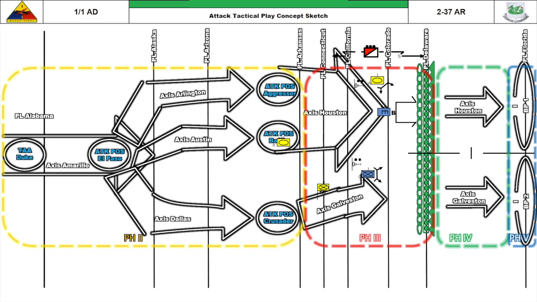Continuing on with Phase 3, Alpha Company will trigger Decision Point 1. Decision Point 1 is if Alpha Company loses their ABV assets prior to crossing Phase Line Colorado. If this happens, Charlie Company will become the breach force and Alpha Company becomes the support force. The engineers are responsible for reducing, proofing, and marking a one-vehicle lane through the complex obstacle. Engineers will report third down when the breach lane is open.